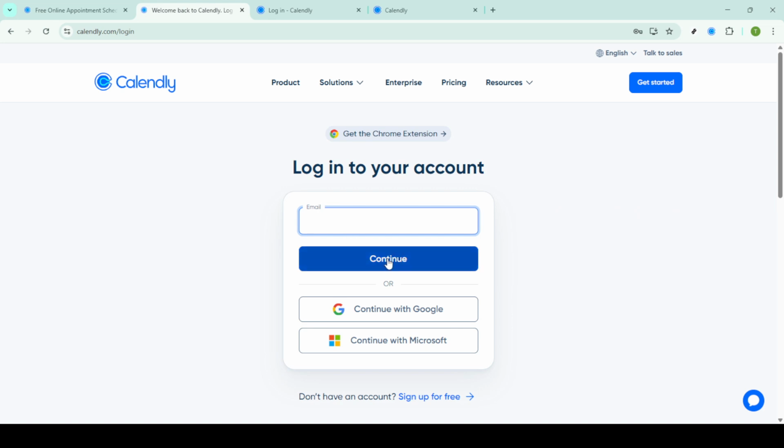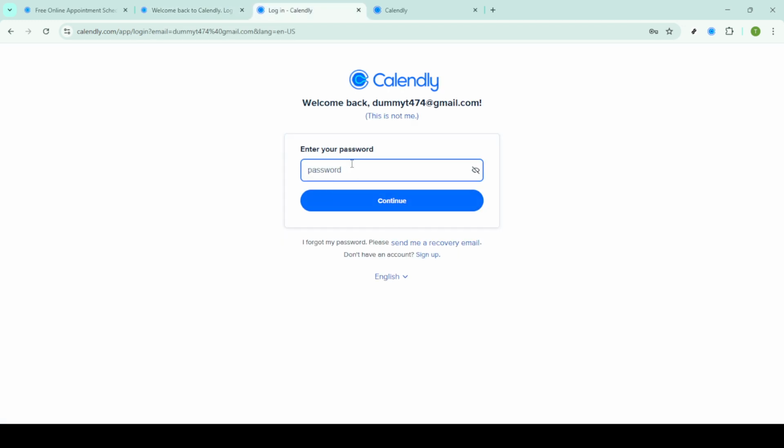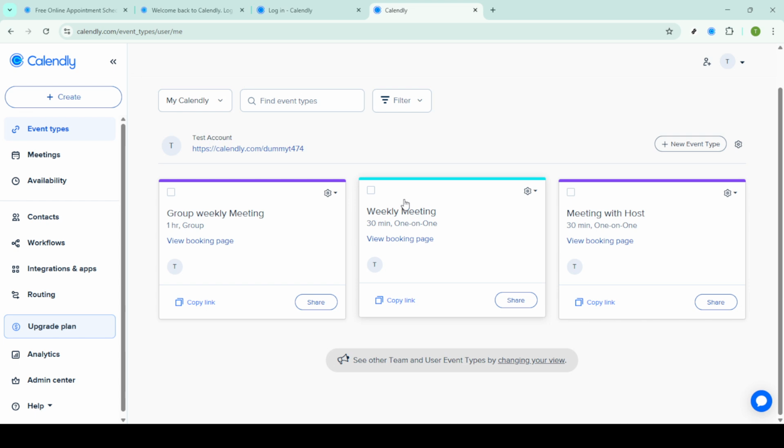Once you're on the homepage, go ahead and click on Login. You'll be prompted to enter your email address next. Type it in and click Continue. This step ensures that Calendly recognizes your account and directs you to the correct user portal for further actions. After you've entered your email, it's time to enter your password. Click Continue once you've done that, and this will log you into your Calendly account and take you to the